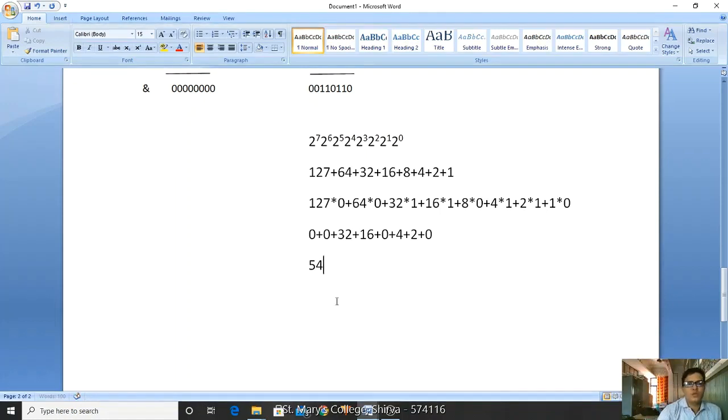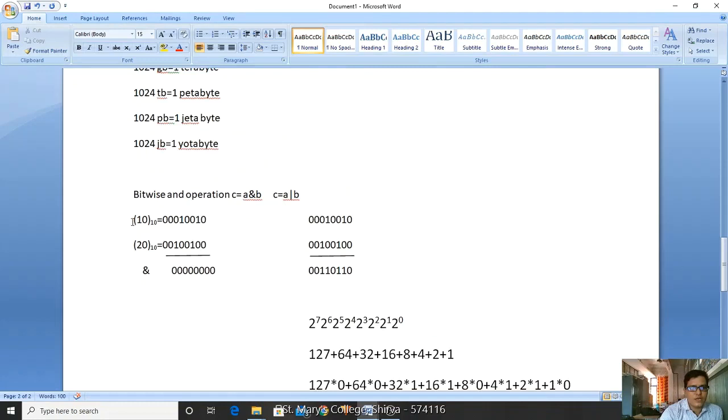So if you observe here, if I did the logical or bitwise OR operation between 10 and 20, I am getting the new value as 54. Okay, it is a bitwise OR. If I did the same thing for the exclusive OR, now I am doing the exclusive OR on 0 0 0 1 0 0 1 0, and here if I did the exclusive OR, what happens? Let me check.